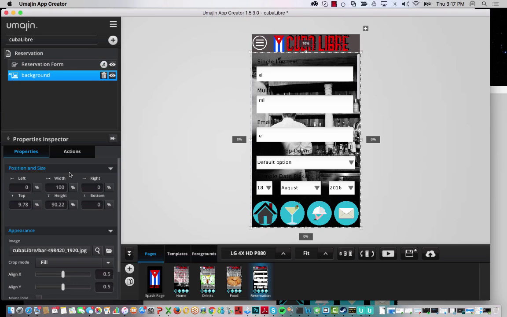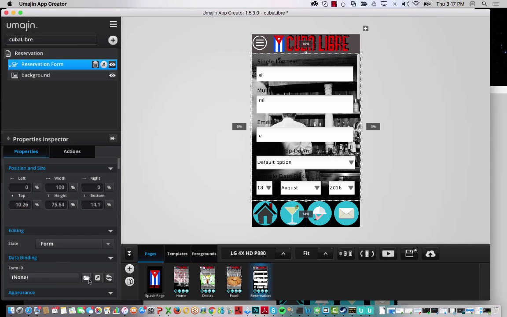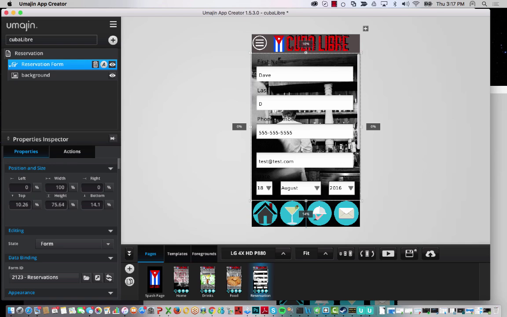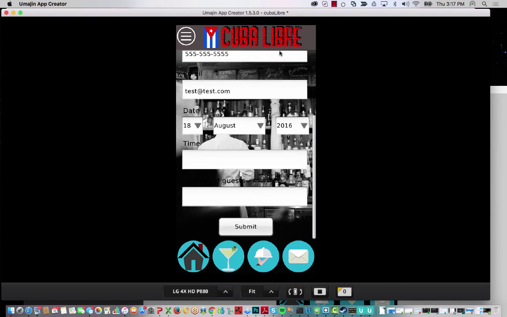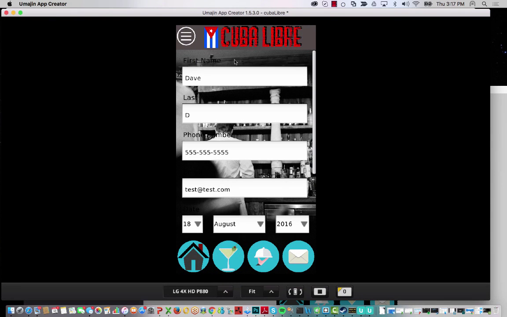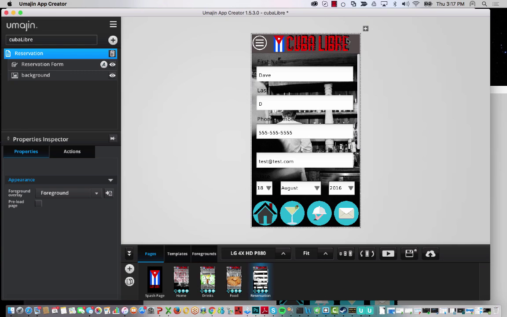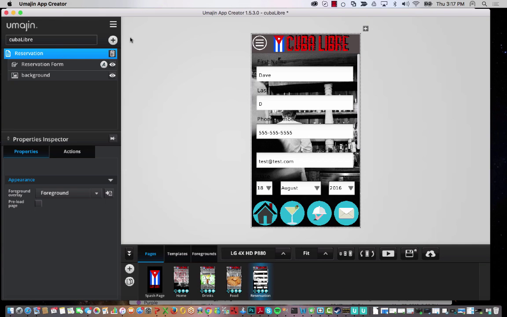And now we can go ahead and just select our reservation form, and then our form ID, which would be reservations. And now you'll notice that'll change over to all the questions we just put in. So if we hit the preview button, you can see that. Now it's a little hard to see the text. I have the black text and I have a black and white background photo. So I'm going to use the same technique I used before, and we're just going to add